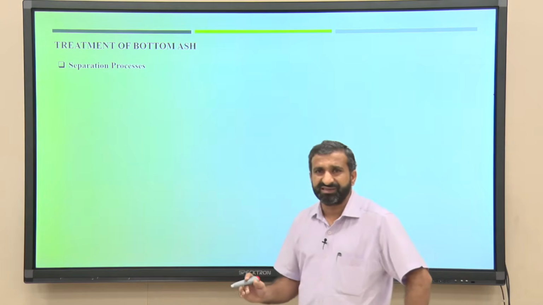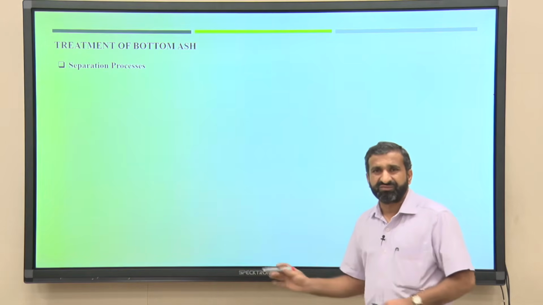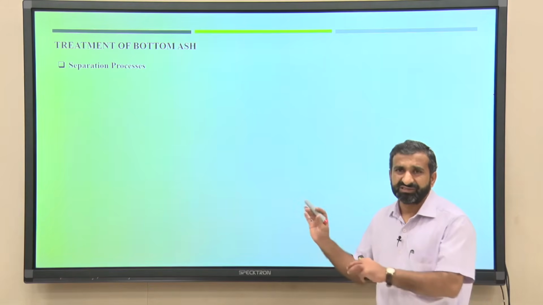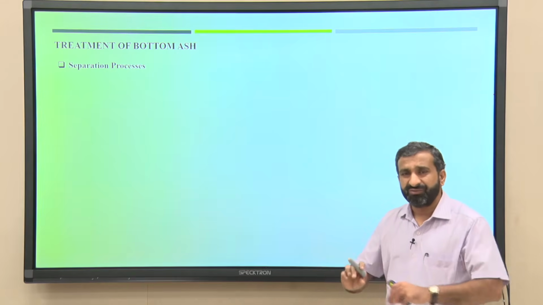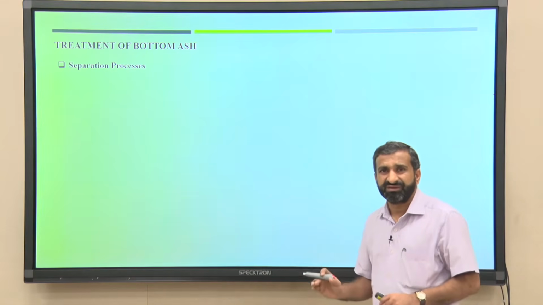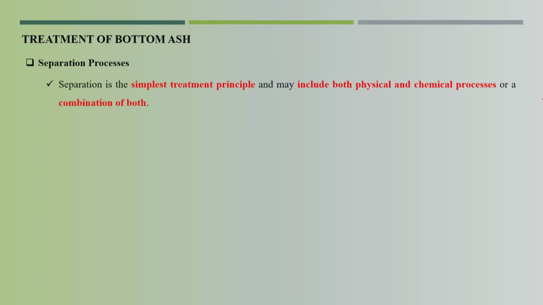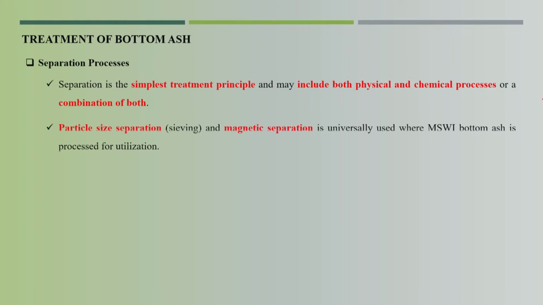Now, we will go to treatment of bottom ash. There are a few technologies which I am going to discuss here, and there is a lot of text available you can go through for the detail. I will just put a few points on what exactly these treatment processes mean. The first treatment process is separation. Separation is the simplest treatment principle and may include both physical and chemical processes or a combination of both. The particle size separation or sieving,